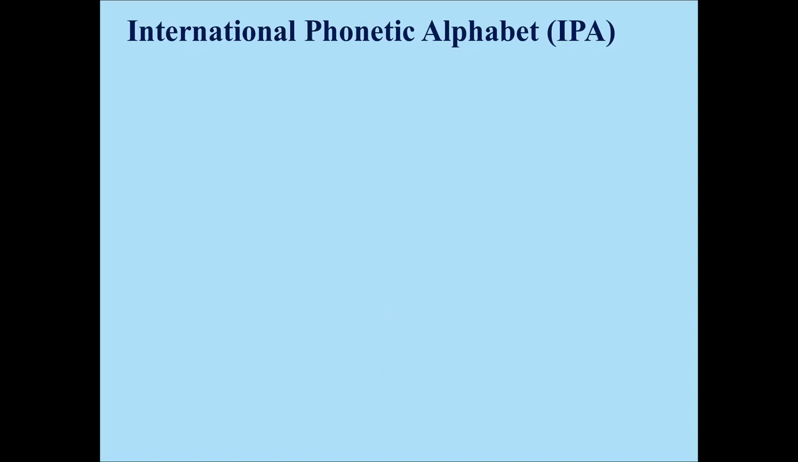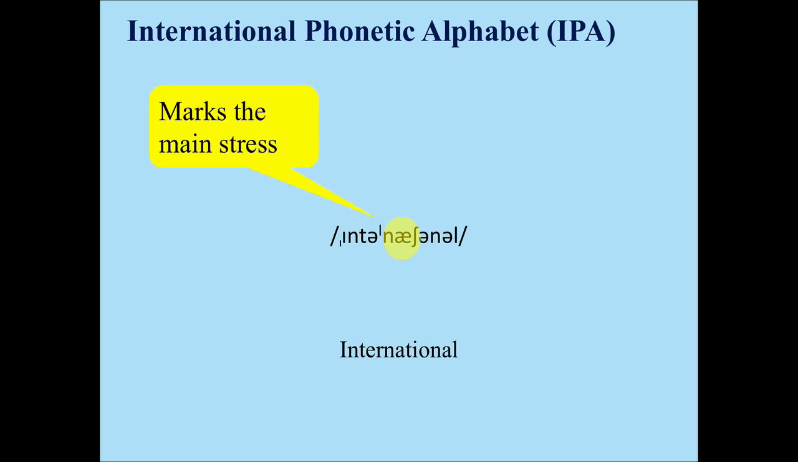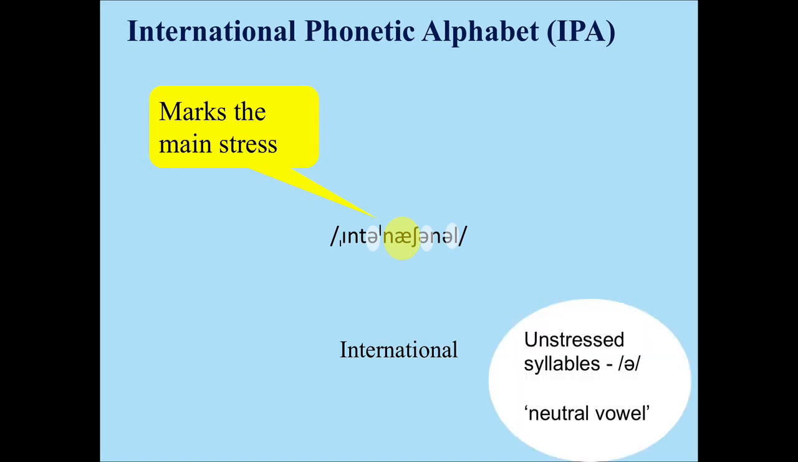Good dictionaries use the International Phonetic Alphabet. Here's the word international, written in International Phonetic Alphabet. You probably recognise some letters but not others. Don't worry, what we're looking for here is how they mark the stressed syllable. Here's the stressed syllable, and it's marked with a little bar above the line at the start of the syllable. Notice here and here and here, all the weak or unstressed syllables look the same. This little upside down E has the sound